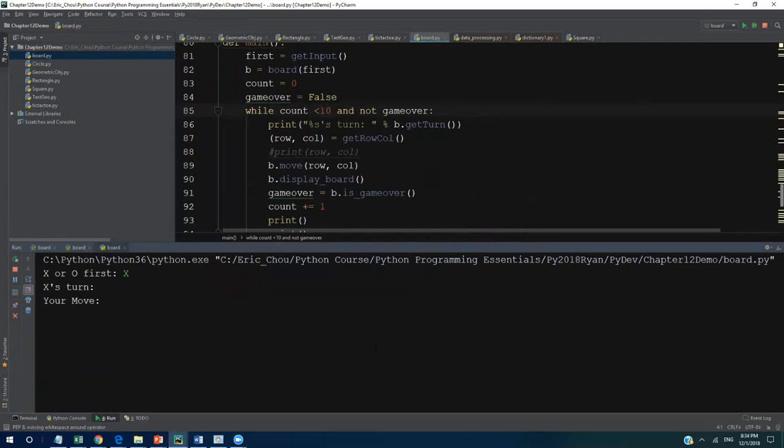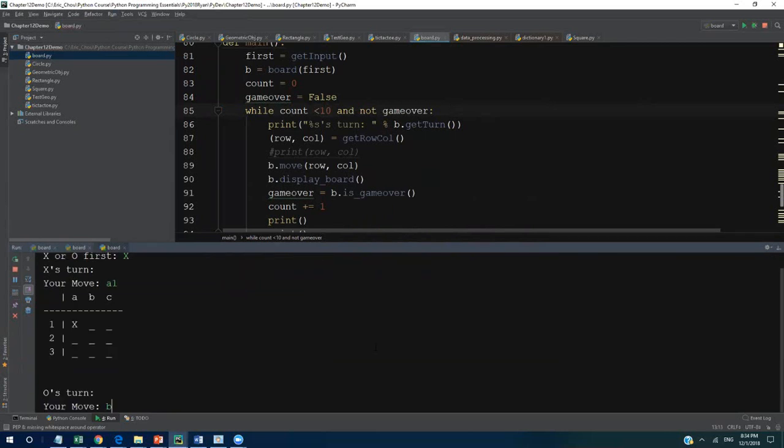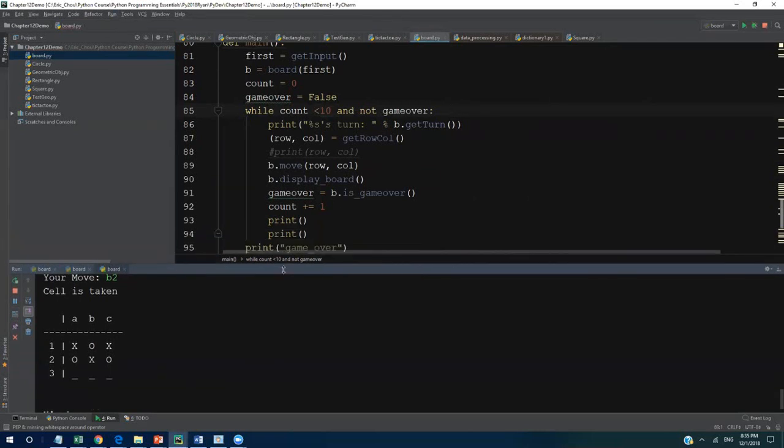So I have X, A1, B1, C1, and then A2, B2, and then C2. Okay, and this one B2. Oh, okay, it's actually not okay. So let me see, it actually taken. So I may have B3, and then I have C3,